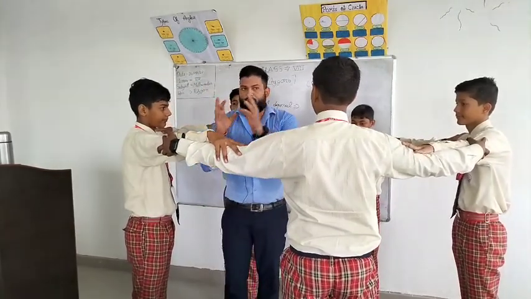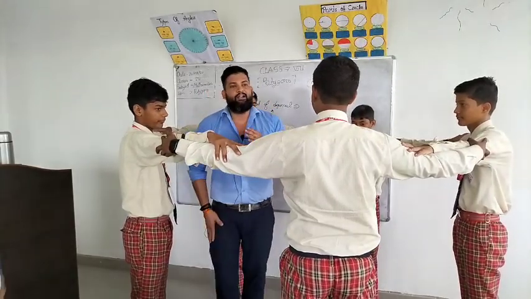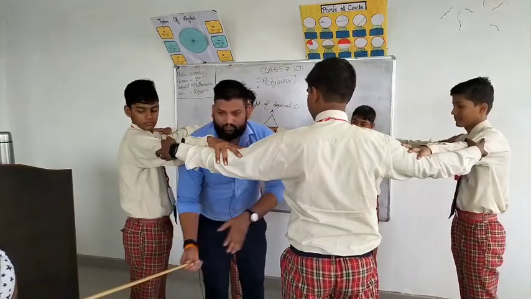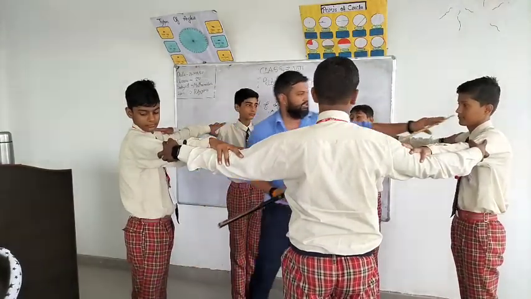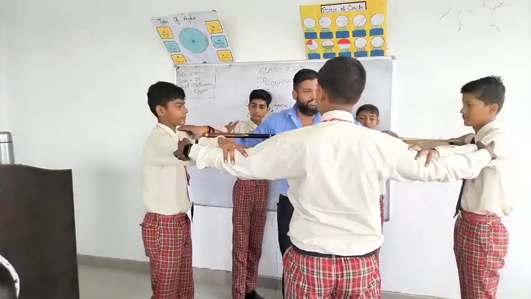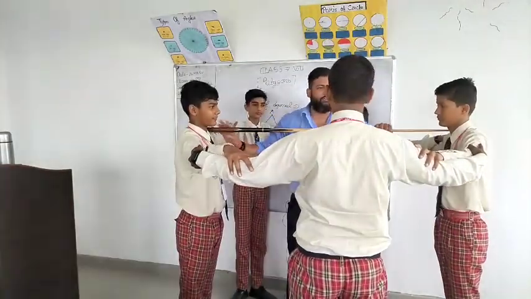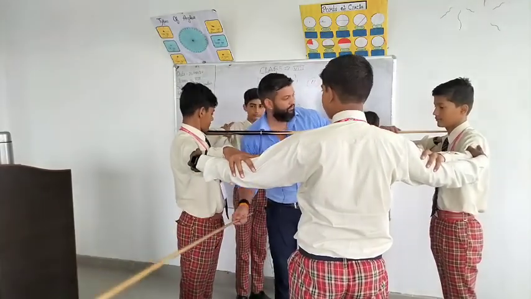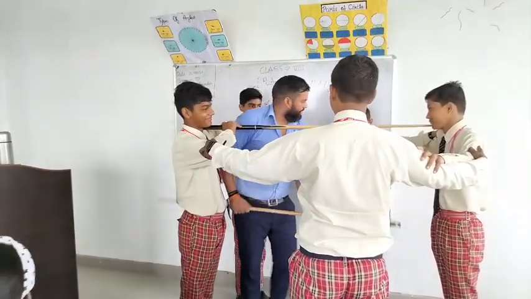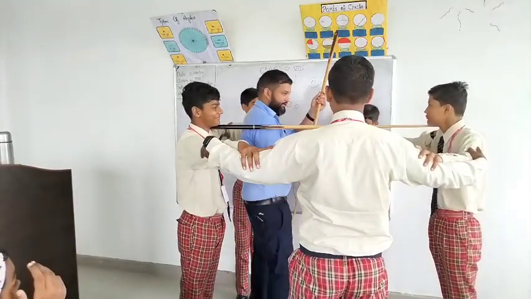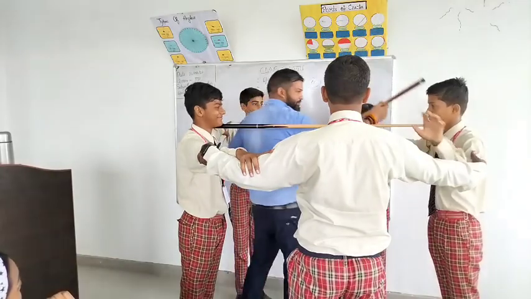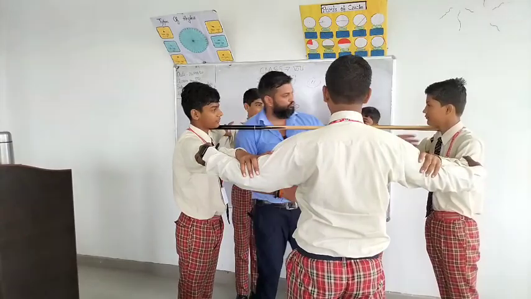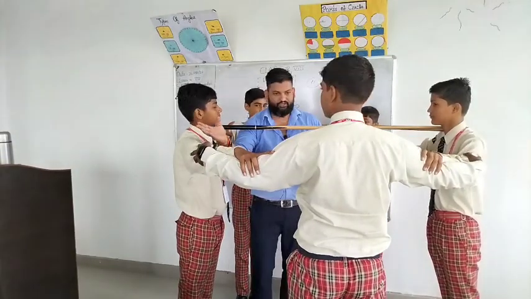So we know the property of diagonal. What is the property of diagonal? When we join non-adjacent vertices. Where are the non-adjacent vertices? If we start from here, these are the non-adjacent vertices. So there is one diagonal. One more stick, please give me. You can also say that from this vertex, this is also a non-adjacent vertex. So from one point there are 2 diagonals.